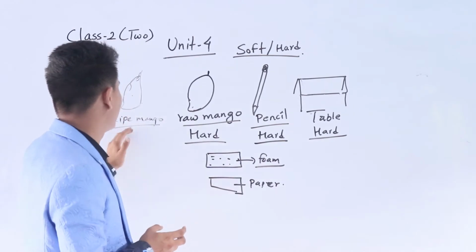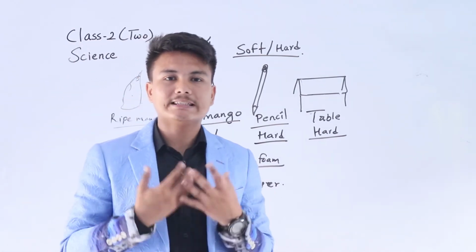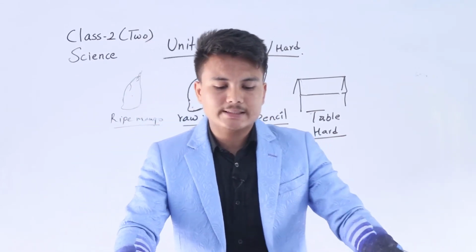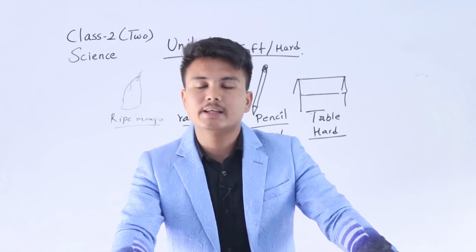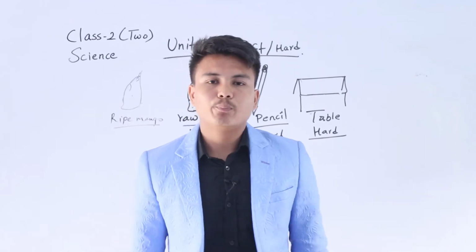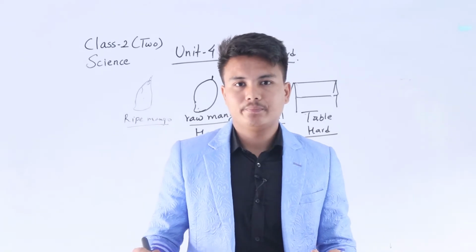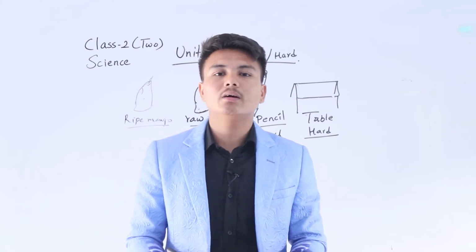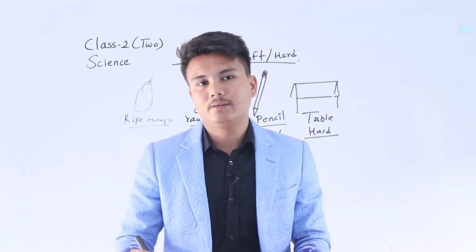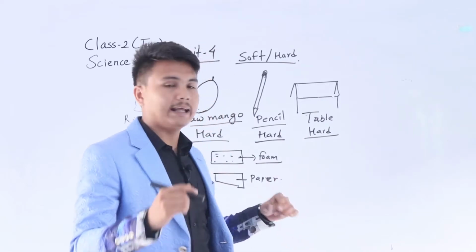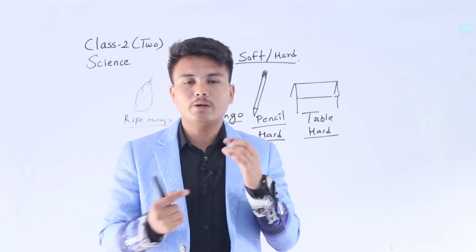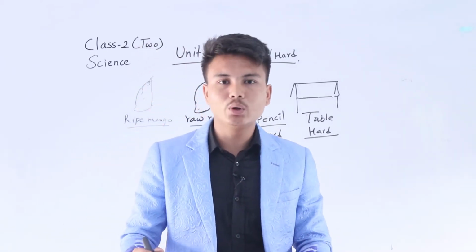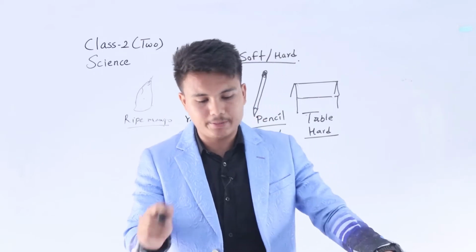Okay, strong, and ripe mango can be soft. We can easily eat it with the help of our teeth. Okay, now sometimes you can say by looking only. We can sometimes say, okay, but by looking only we can't say. Okay, some illusion will happen. If I make a banana by clay, it is an illusion. You can't find by seeing whether the banana is hard or soft. So we have to touch it. Understood? We have to press it.